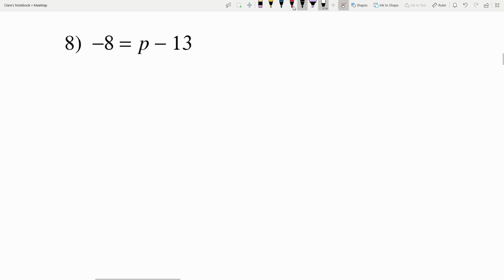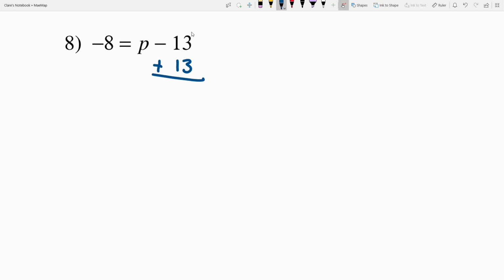In number 8, this time my variable I'm solving for is p. So we have negative 8 equals p minus 13. What minus 13 equals negative 8? That's going to be a positive 5. But let's show that. So since this 13 is subtracted, I need to add it in order to cancel it